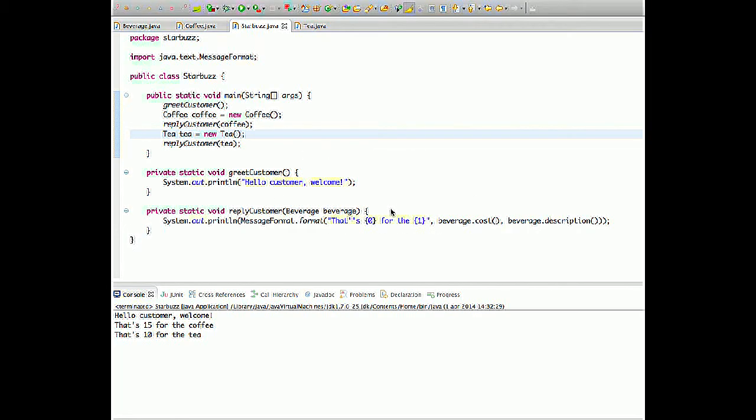Welcome to this lecture in design patterns and the Decorator design pattern specifically. Our scenario is a coffee shop, Starbuzz, where we serve customers coffee and tea. And the current implementation of our coffee shop